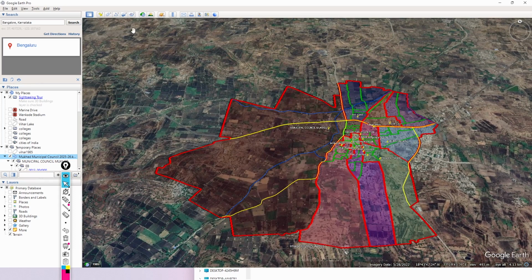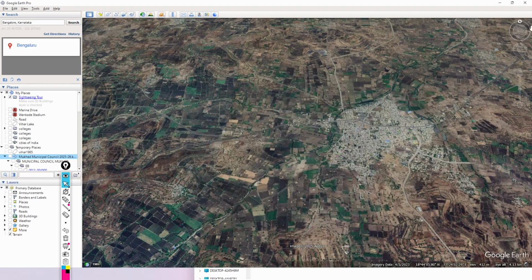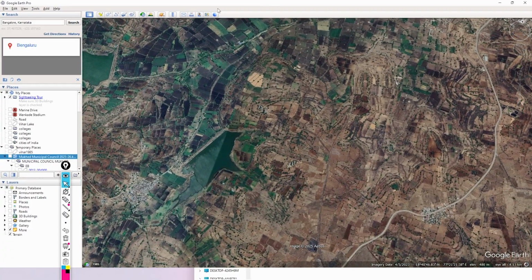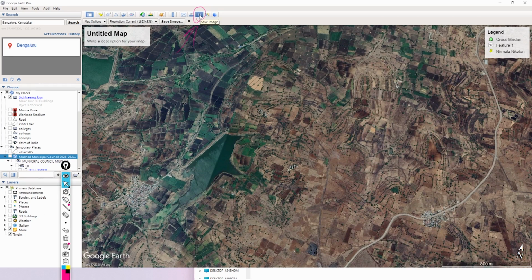Google Earth also gives an option to save your images. We can directly save it as an image. Let's say for our study area, if we want to take an image, there is an option, save image. Here we can see that, right? Okay, we will click on this, save image. As soon as we click save image, you can see some map elements have been added. We can directly export this image as a map layer, or